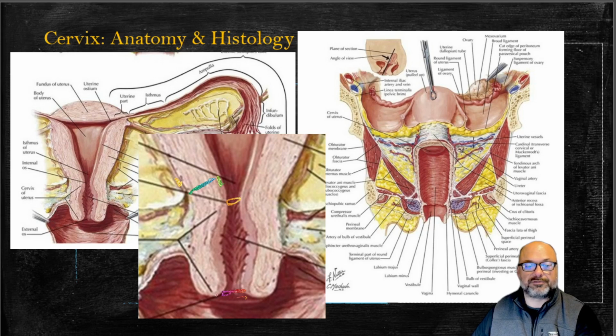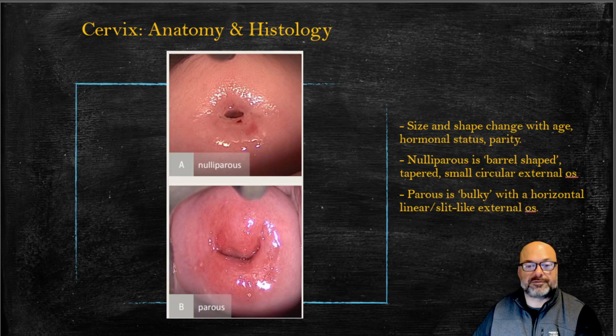We are quite obviously going to be spending most of our time talking about this area right down here, where this glandular lining of the cervical canal that transitions into the glandular cells of the endometrium, where that glandular cell type here transitions into that stratified squamous. So let's look at